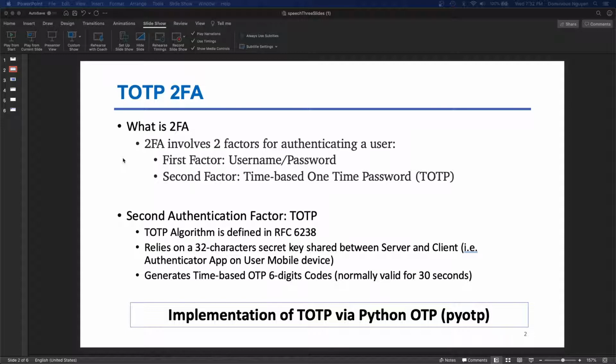This first factor is a legacy method, and for today's topic, I will present the second factor, which is time-based OTP. I will go over the implementation of time-based one-time passwords, TOTP, also referred to as soft tokens, 2FA, with Python and the PyOTP module. PyOTP is a Python library for generating and verifying one-time passwords. It can be used to implement two-factor or multi-factor authentication methods in web applications and in other systems that require